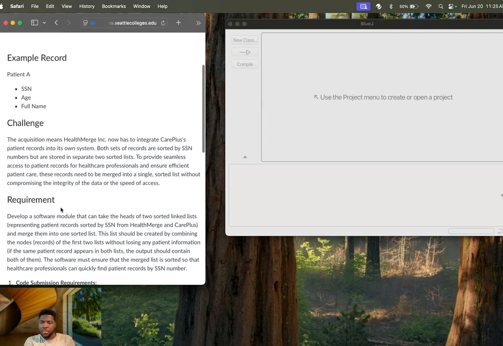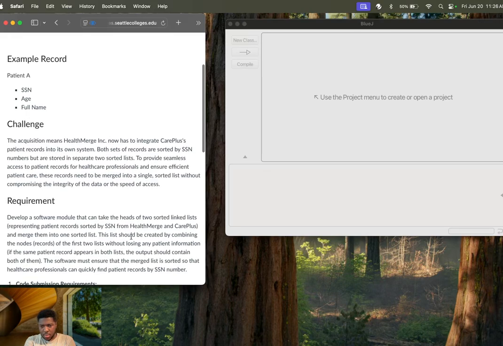So I've got to develop a software module that can take the heads of two sorted lists representing patient records sorted by SSN and merge them into one sorted list. The list should be created by combining the nodes of the first two lists, collapsing any patient information if the same patient record appears. Both lists of output should contain